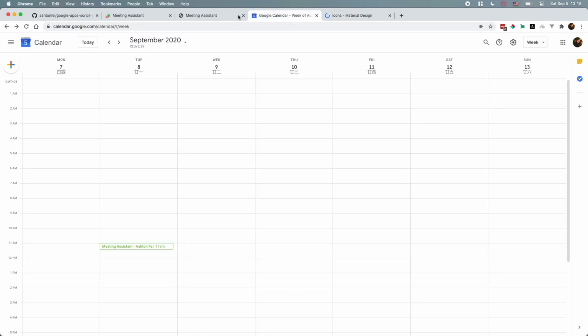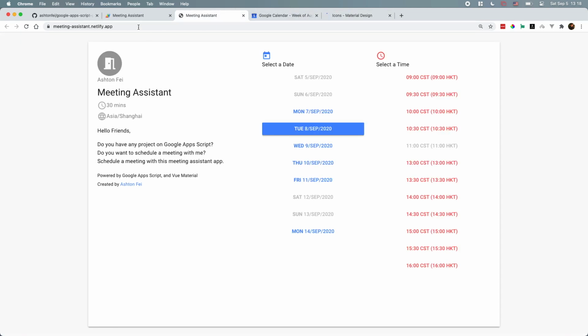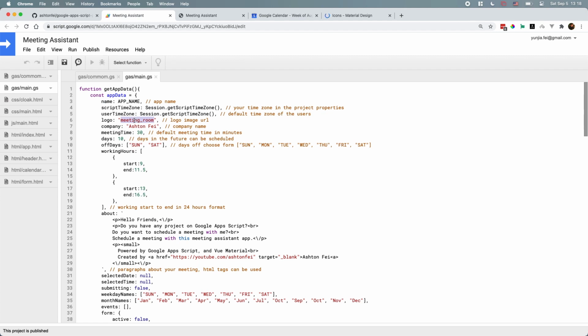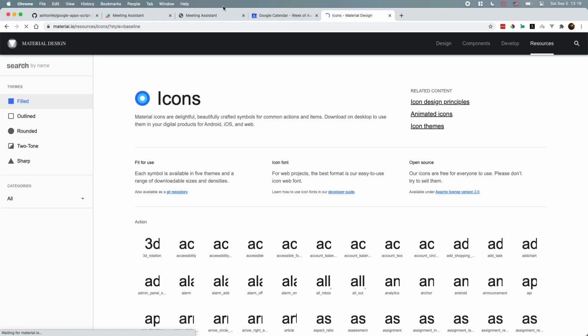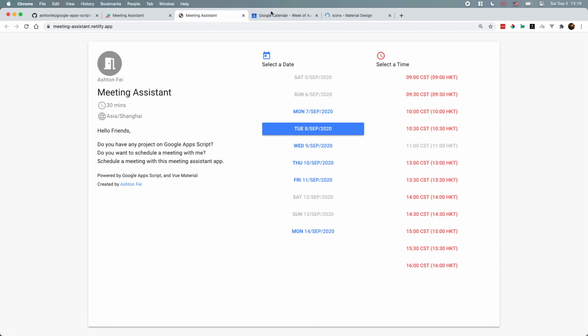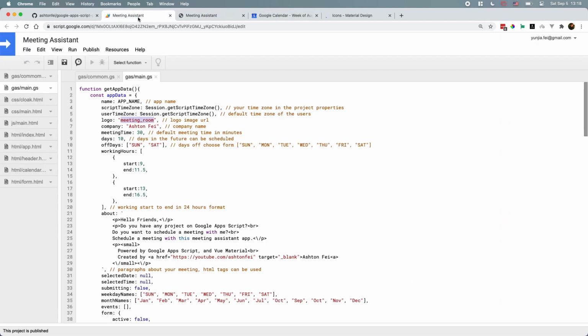Okay. So this is the icon name. It's called meeting_room. So you can pick any icon and copy the name. Yes, any icon you like, and replace it here. So if you're planning to put your own logo image to replace this one,